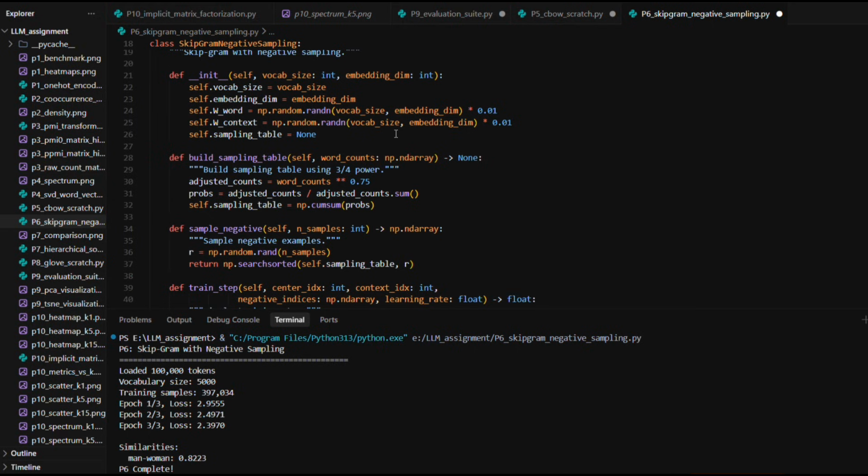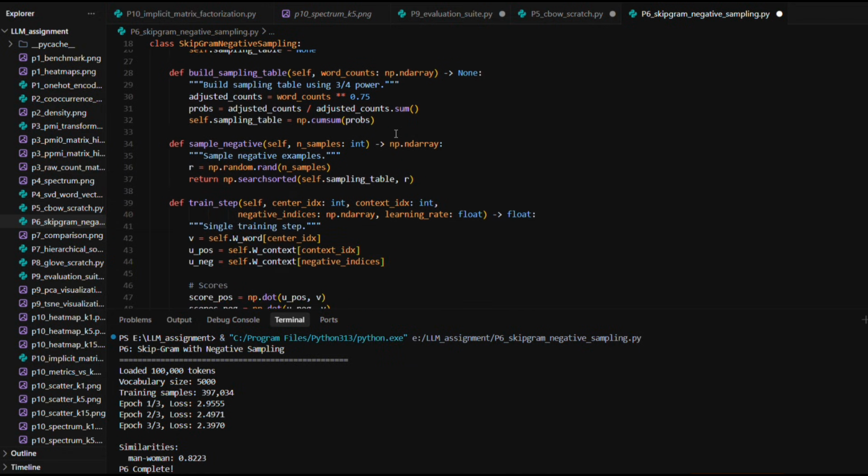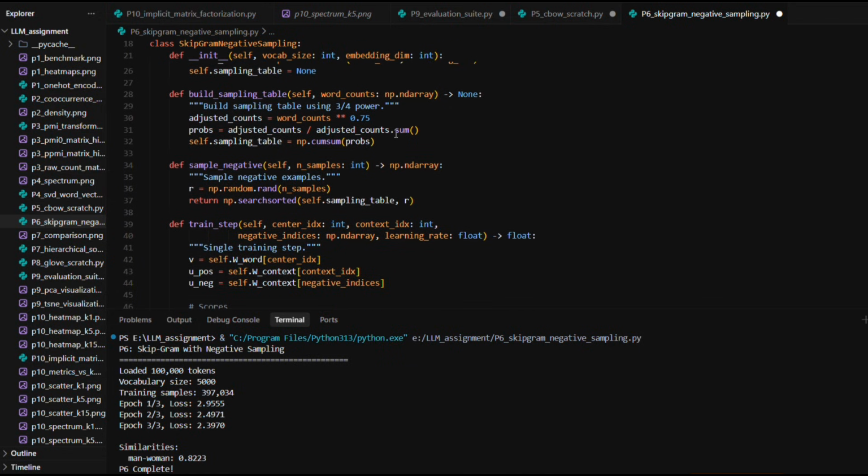The next is the most important function, which is the train step. In this train step, it calculates the dot products for the positive pair. A high dot product means the model believes the two words are related, and for a negative pair, we want the dot product to be low. So the program uses the sigmoid function to convert these scores into probabilities. The loss function encourages the model to assign a high probability to the real context word and a low probability